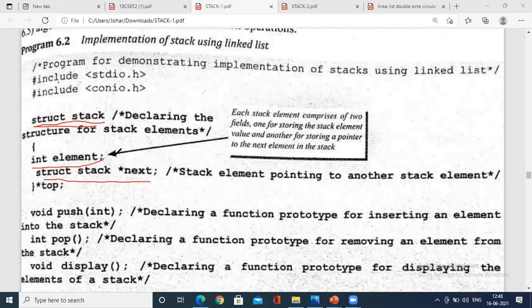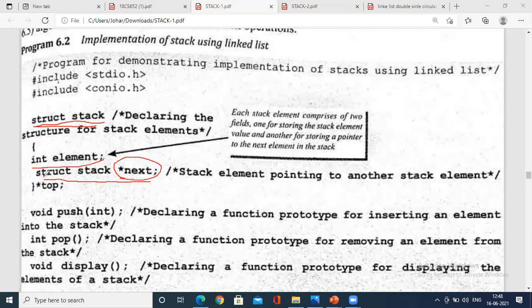Node consists of one element, and the other is the address of the next element. So, int element, then struct stack pointer variable called next. That is a stack element pointing to another stack element, same as a pointer to another stack, right? Address. So overall, this structure is represented by the main name, star top.